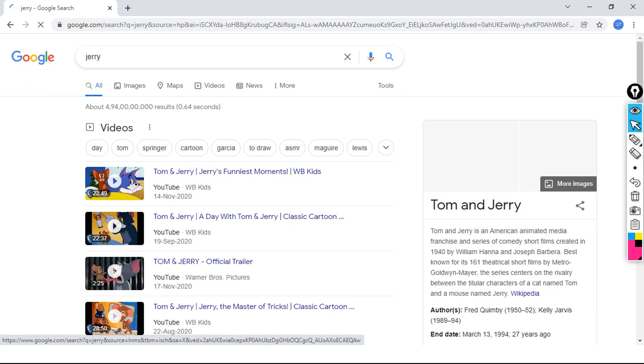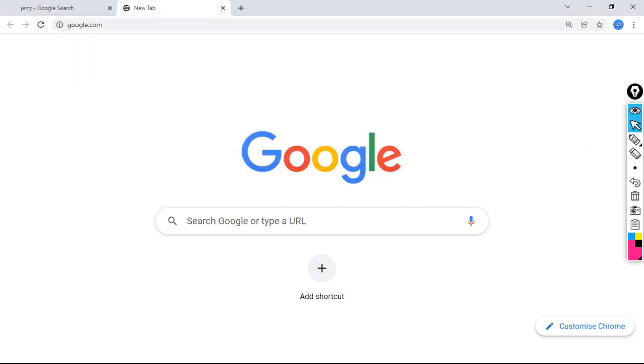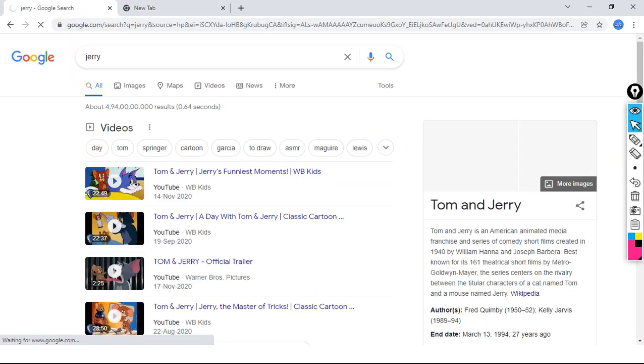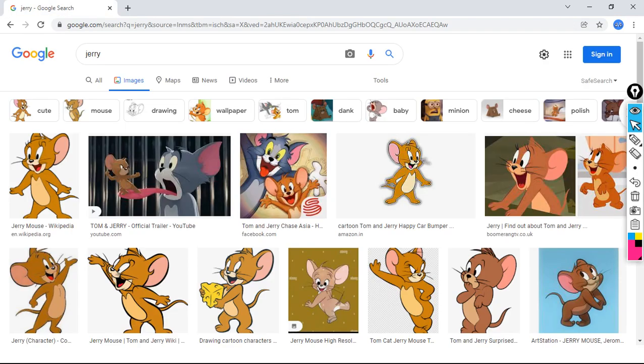Okay, let me do it again. It's taking too much time. Google.com. Here we have redirected to this page.